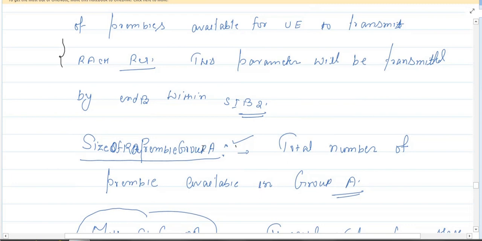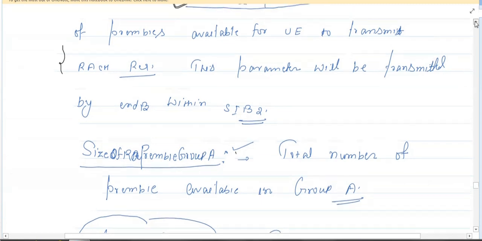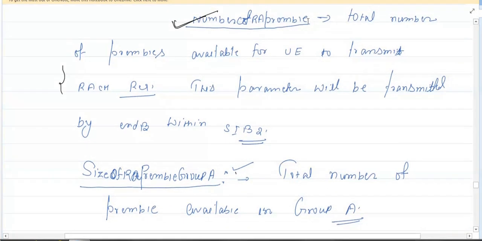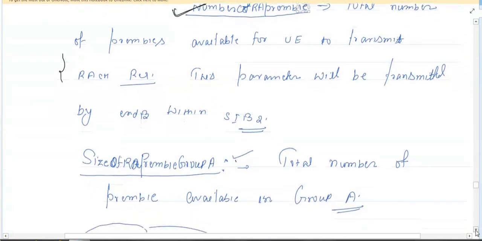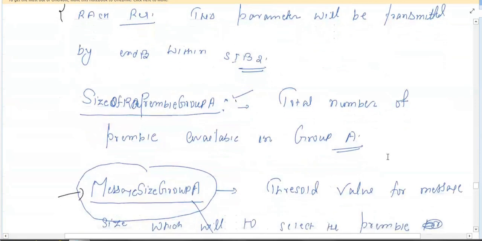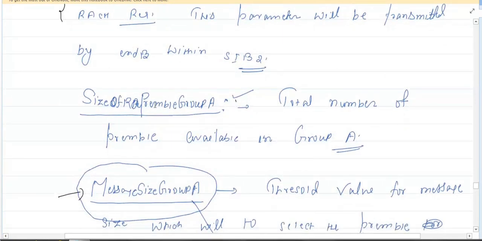So the total number of preambles available for your UE to transmit the RACH request, that parameter will tell by numberOfRAPreamble. How many preambles will be available in group A? The total number of preambles available in group A will be defined by this parameter, sizeOfRAPreamblesGroupA. And again all these parameters will be transmitted within SIB2 when your UE is in idle mode, and in the RRC connection reconfiguration message when your UE is in connected mode. So